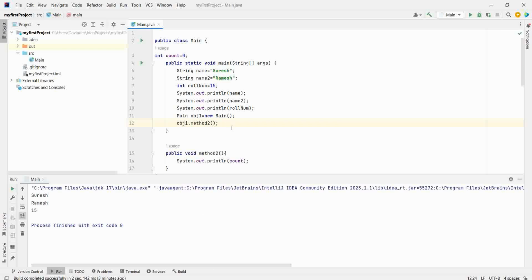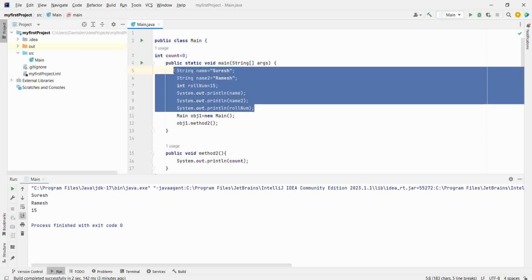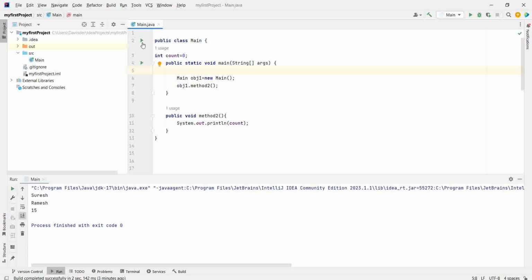Now if I run the program, what will be the output? The flow will go here, then here, then here. From here it will call this method, then the output will be 0. Let's run this.